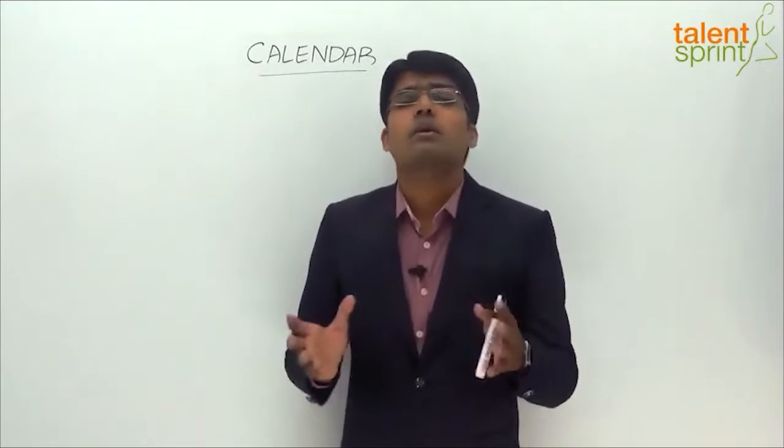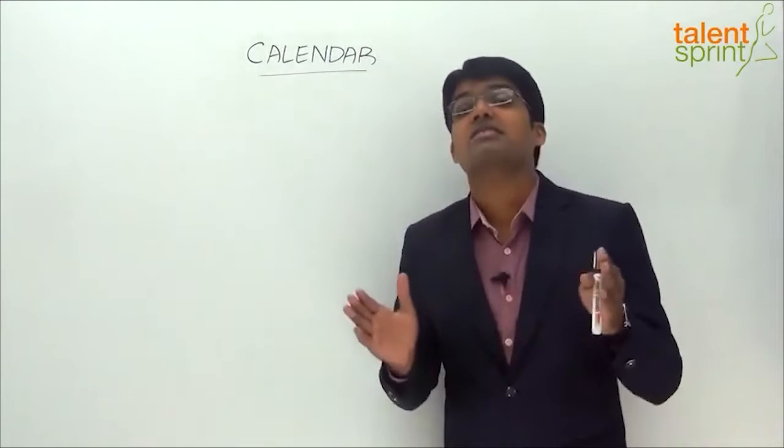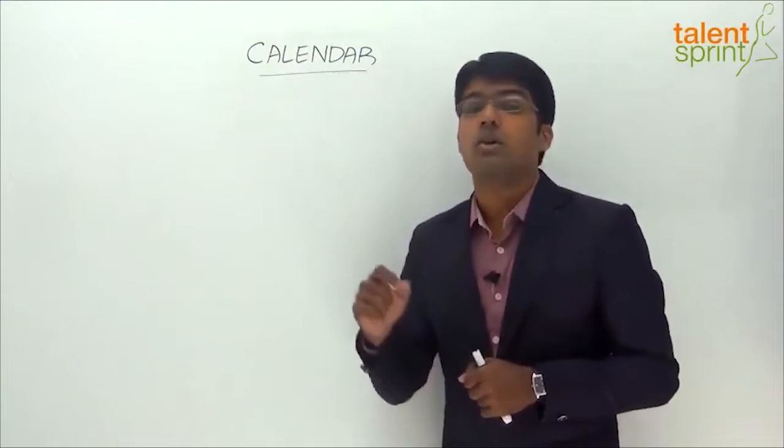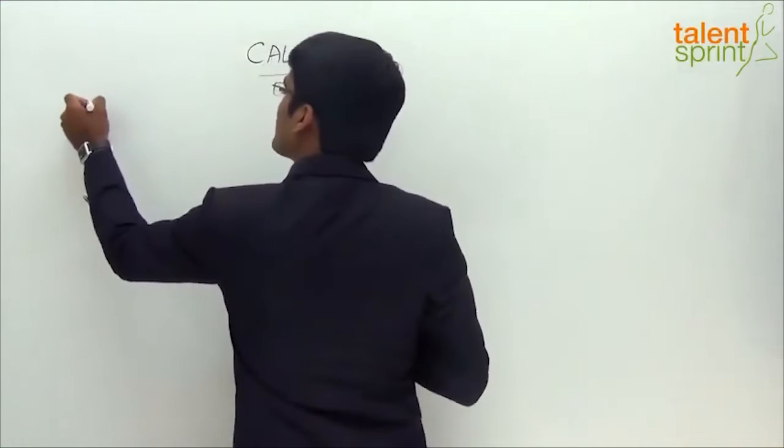Having understood the definition of odd days and the reference chart which helps us in finding out the day of the week based on the number of odd days in a given period, let us now calculate the number of odd days for longer periods. For example, let's calculate the number of odd days for the first century, for the first 100 years, starting from 1st January of the first year to 31st December of the 100th year. So we are now going to calculate the number of odd days for the first century.